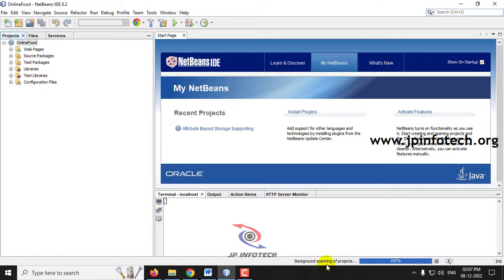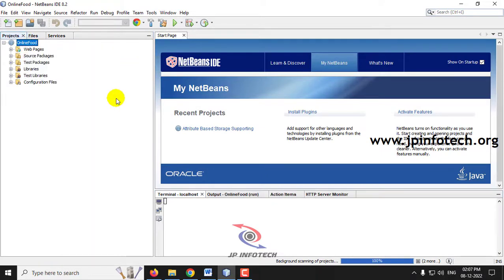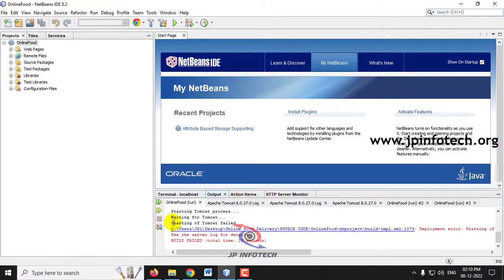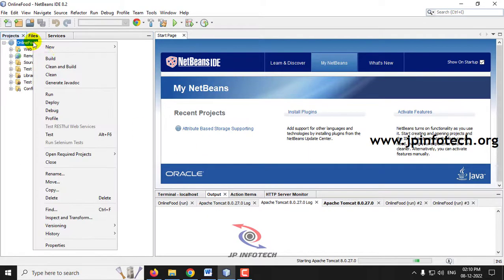Here you can see the progress bar is going to complete. It is showing 100%. Kindly wait till it has completed. Now let us execute the project. Just right click this online food project and then click the run menu. In case you see the starting of Tomcat fail message, you need to start the server. I have forgotten to start the server. So just go to Apache Tomcat and start the server, and now go to the projects and you can run it,